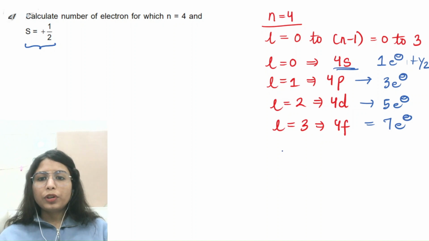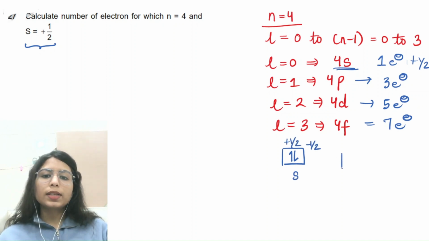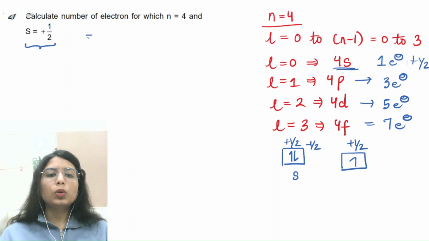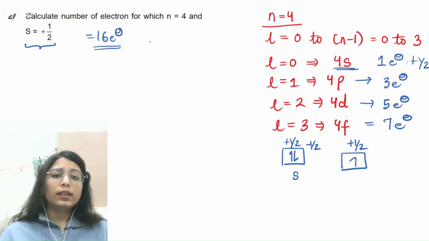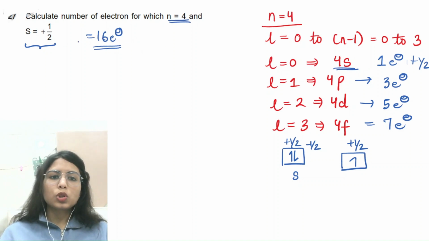If you have not understood this, just understand that in an s orbital basically electrons exist like this, which is plus half and minus half spin both. But the question is asking you to calculate the number of electrons which are only containing one kind of spin. So only the half filled electrons would be existing in that case, and that's why I have taken exact half of the orbitals. If you just add them up, you will get a total of 16 electrons, and this is going to be the answer, that is 16, that 16 electrons can be accommodated for which n is equal to 4 and s is equal to plus half.